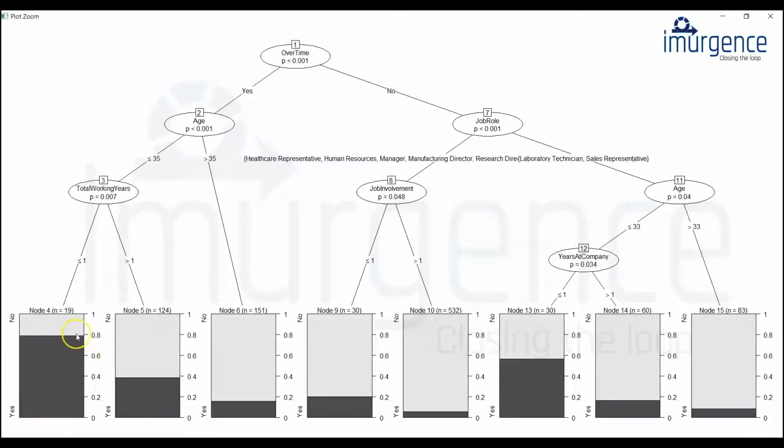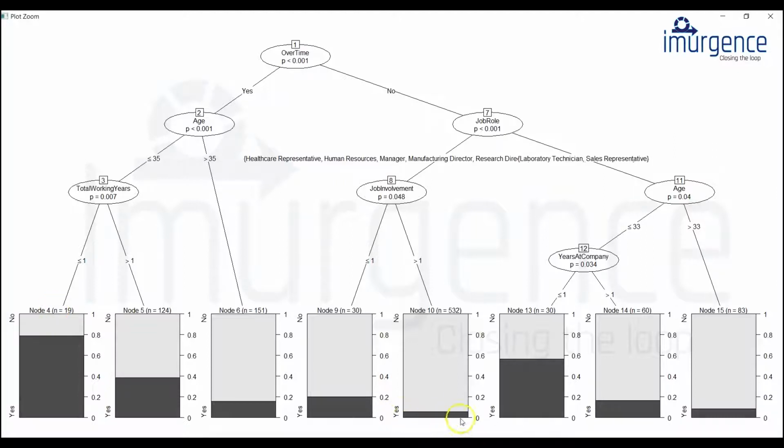What you see over here is, a young person who has been doing overtime and whose total working years has been less than or equal to 1, these are the people who are at high risk of leaving the job.